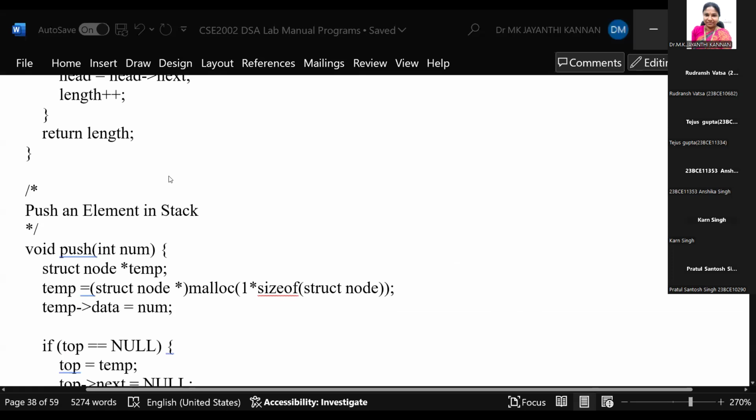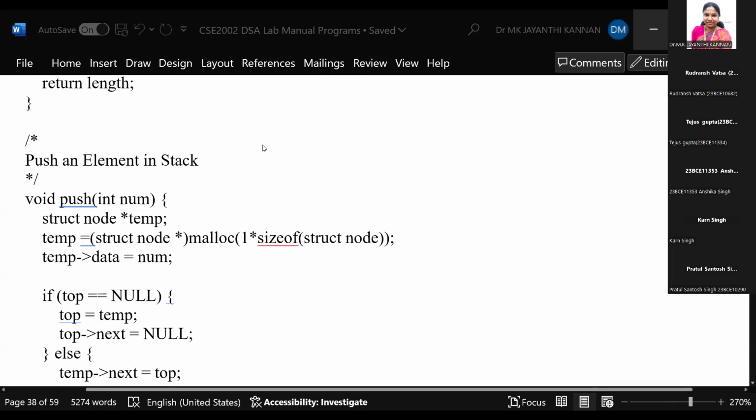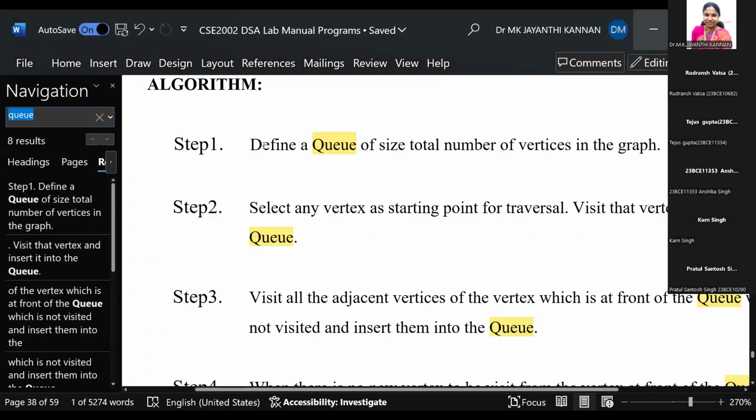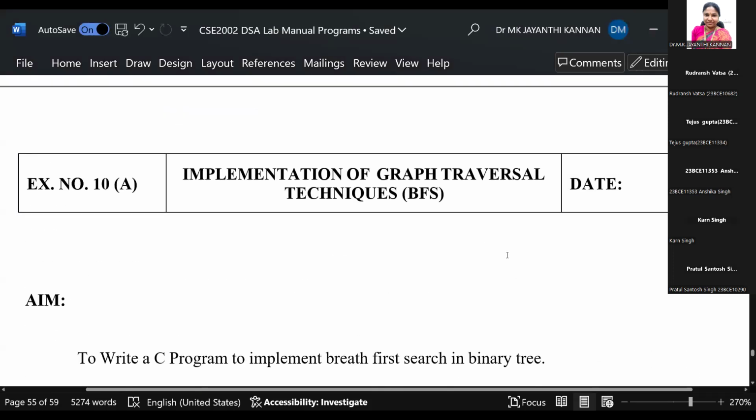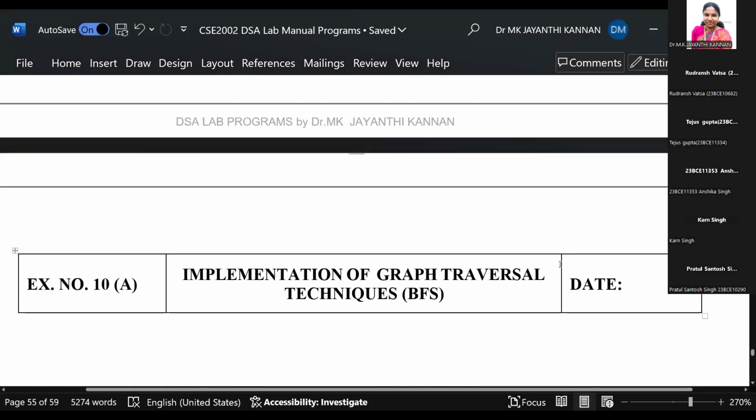In today's class we discussed stack and queue. We saw how to implement